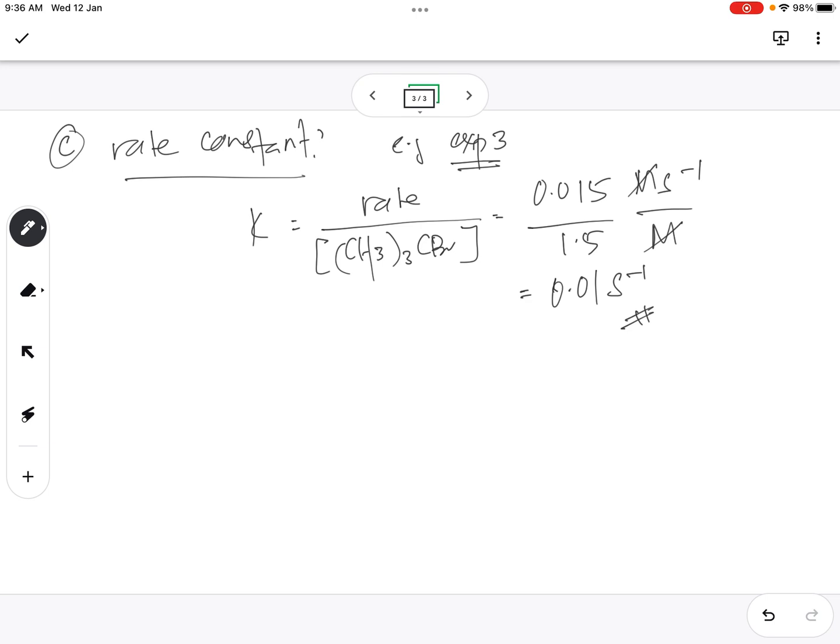Can get or not, guys? 0.01 second. Can, okay, can is good. Okay, can is good. All right, moving into the next question. Before that, I want to ask again about initial rate method. I want to tell